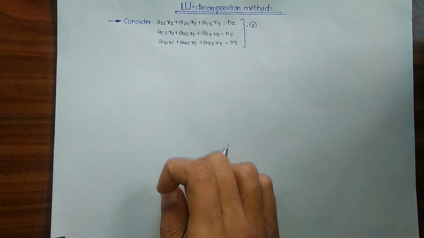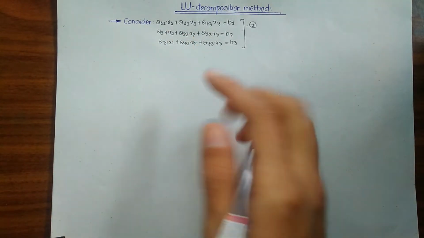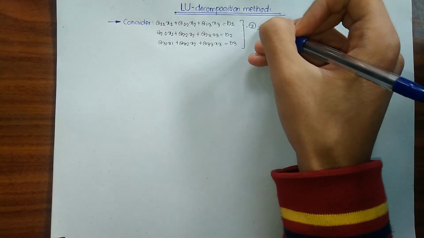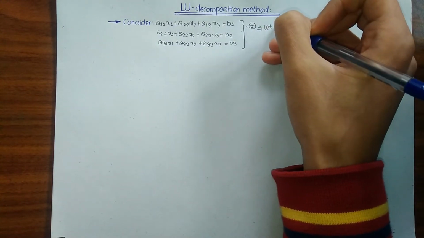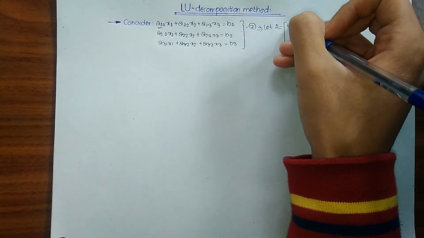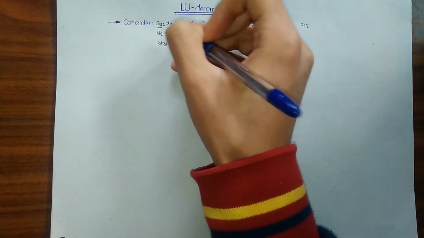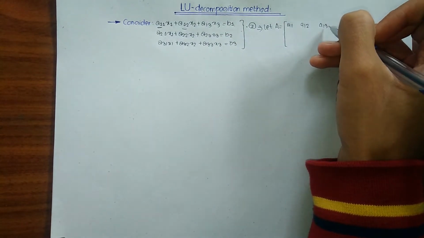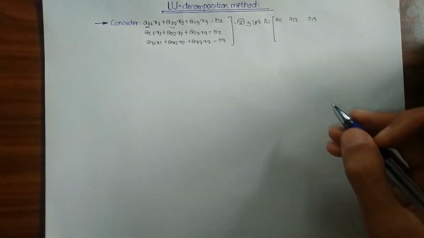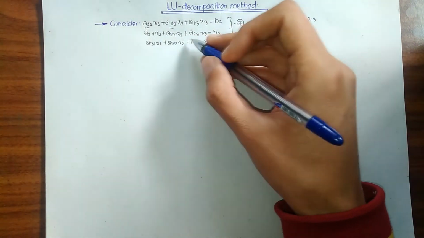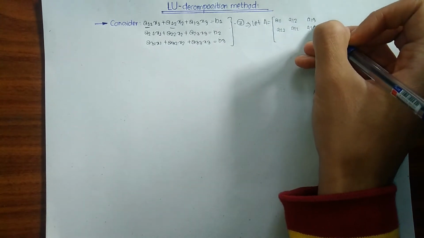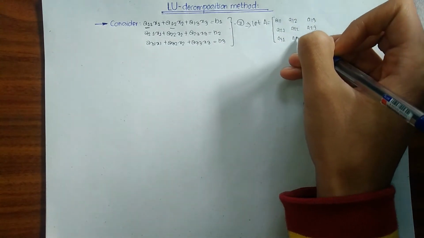So what are the conditions to solve? What are the criteria for our equation to be solved by LU decomposition method? Firstly, let me write this in terms of a matrix. I'm going to write this as: let A equal the coefficient matrix, a11 a12 a13. Now we are going to write the elements of the second row, which is a21 a22 a23, and similarly a31 a32